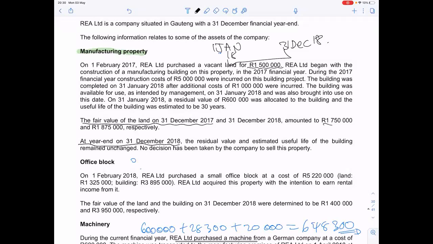The value of the land was 1,750,000 and 1,875,000 on 31 December 2018. So we need to disclose that the opening balance was the closing balance of the previous year. So the closing balance of the previous year is